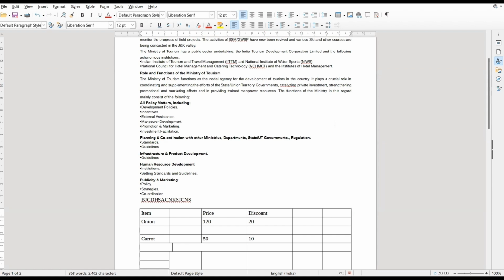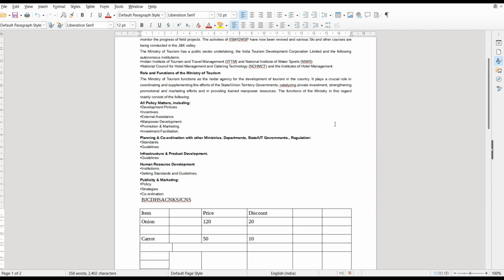We have already covered this topic, that is for adding rows and columns in a table. How we can add more rows and more columns in a table. We have already covered this part, that is deleting rows, columns in a table and how we can delete entire table from the document.